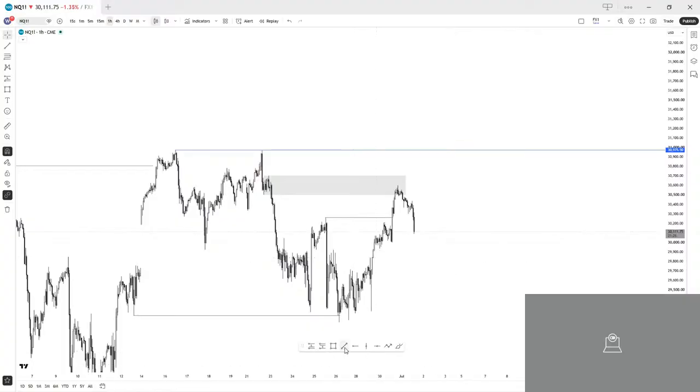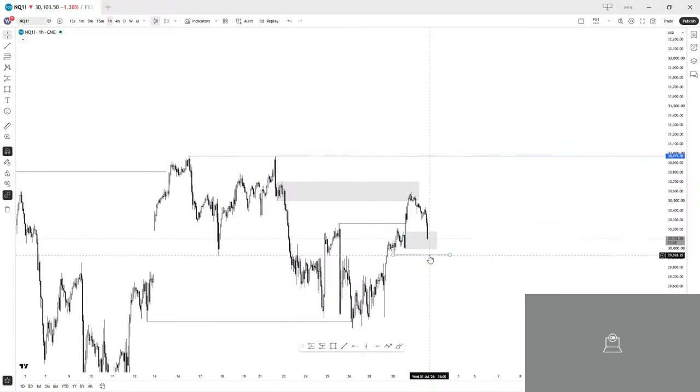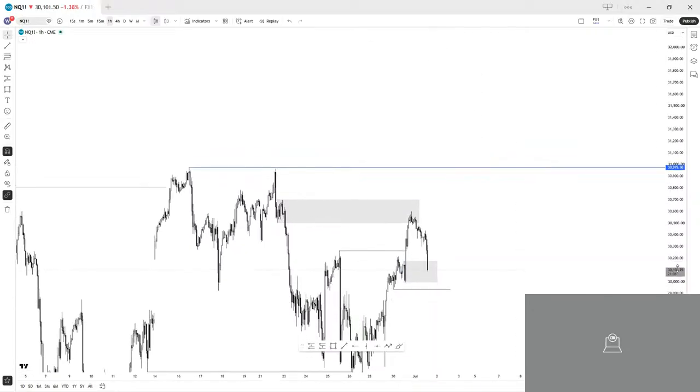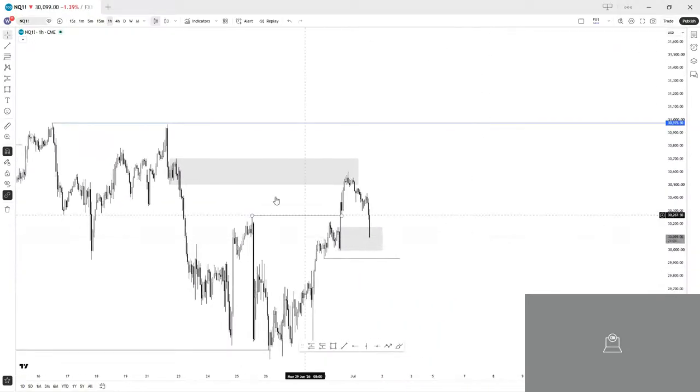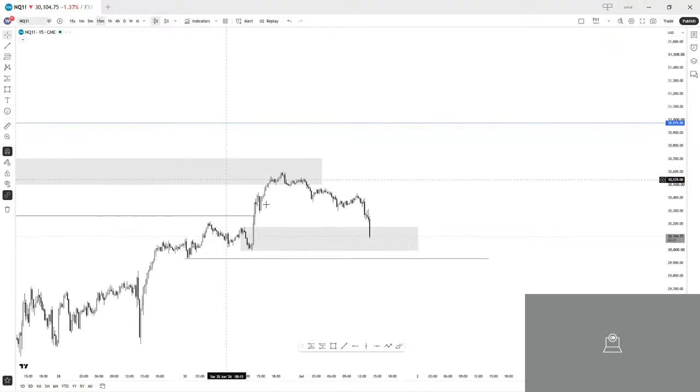And we've seen price move to the downside, taking out these sellers. And right now we are heading towards these lows. You can see that we are also in this zone, and we are heading towards those lows. Currently, we've seen price,